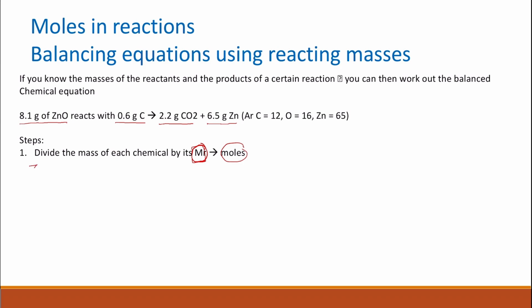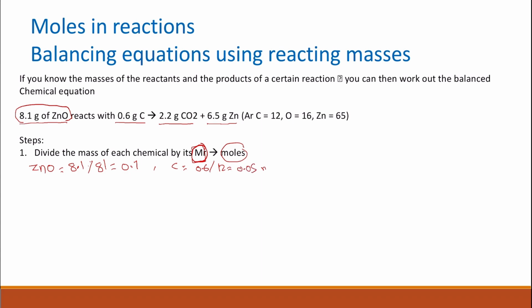So for zinc oxide, we have the mass is 8.1 gram. This is the amount of zinc oxide that has reacted. And we divide this by the relative formula mass for zinc oxide, which is 81. So there is 0.1 mole of zinc oxide. And then we have the carbon. So we have the number of moles of carbon, we're going to calculate this. So there is 0.6 gram of carbon and the relative atomic mass of carbon is 12. So you're going to find that this is